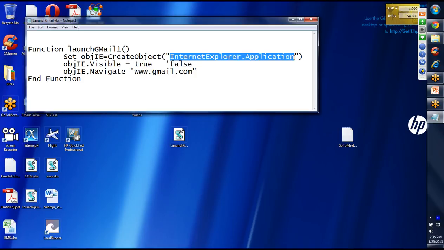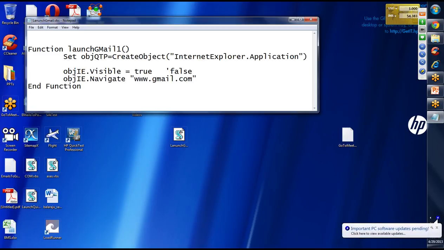To launch QTP, the code is: set the variable name, object qtp,